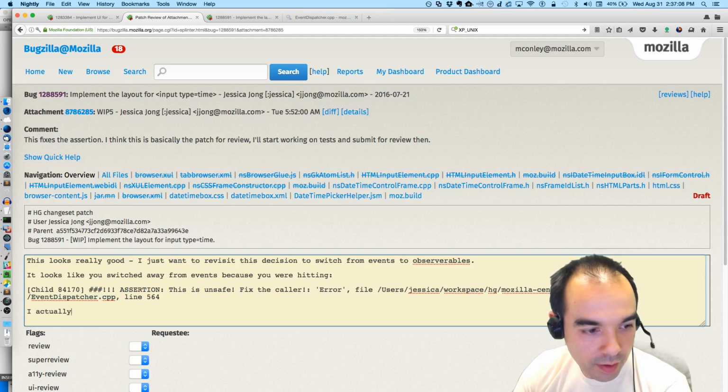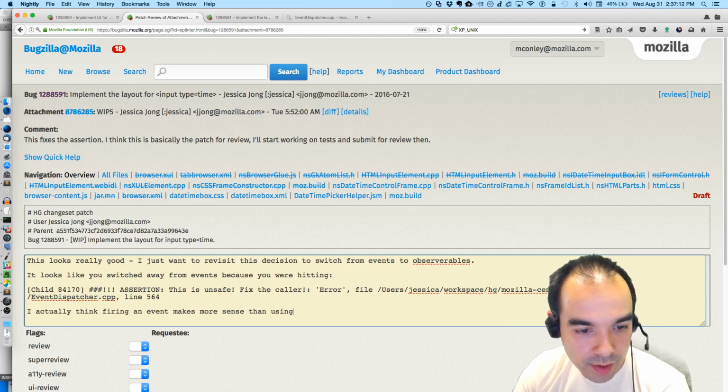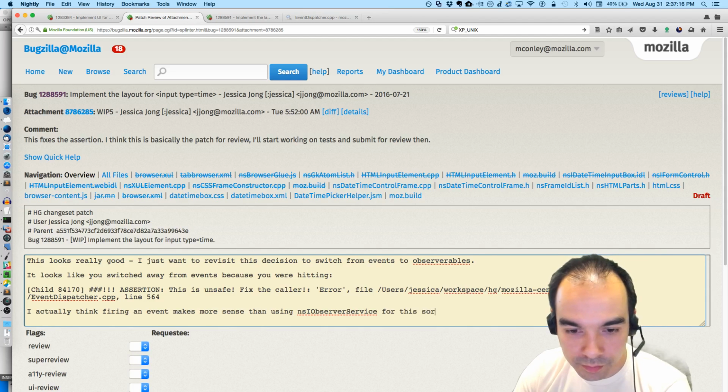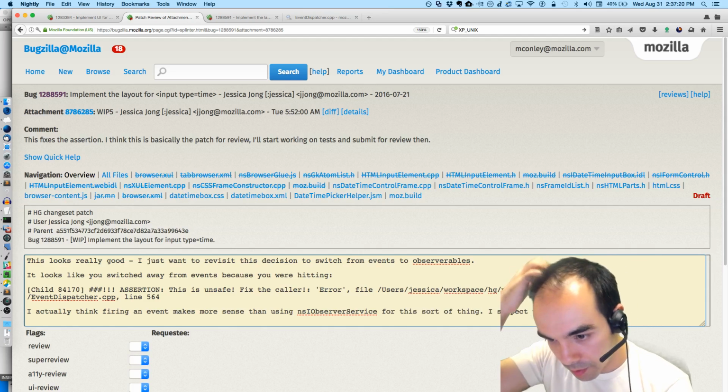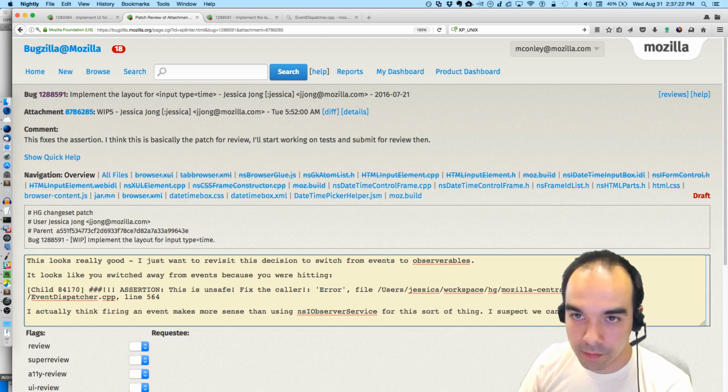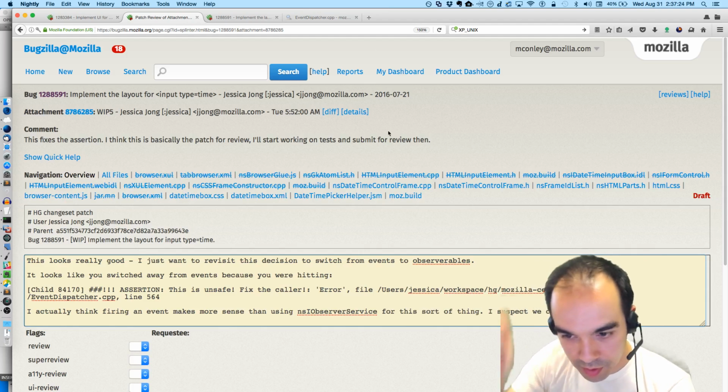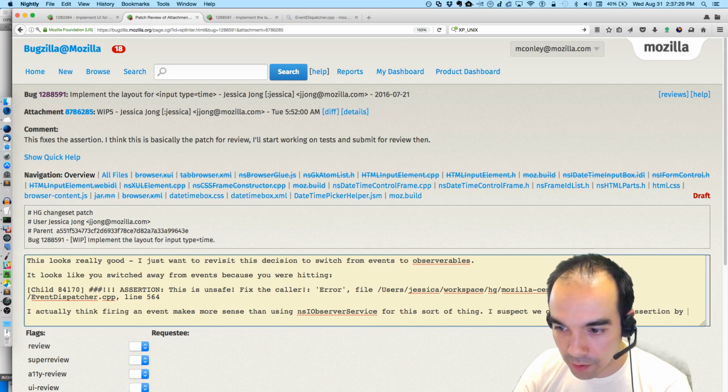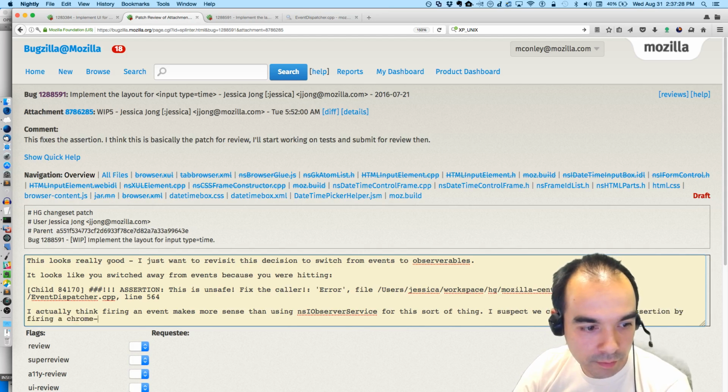I actually think firing an event makes more sense than using the SI Observer Service thing. I suspect we can get around the assertion by firing a Chrome only event.